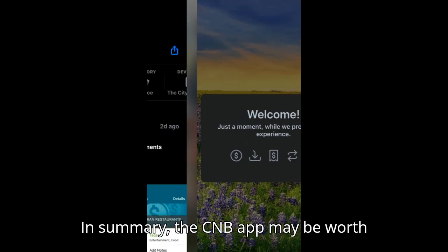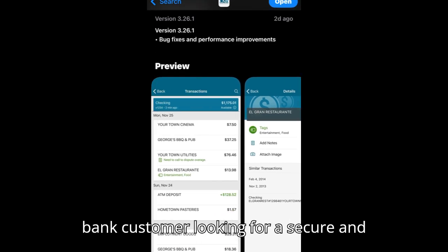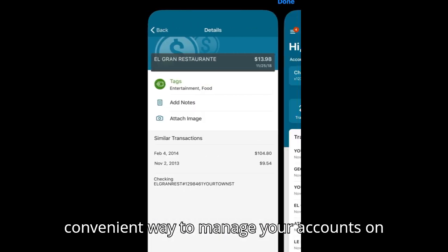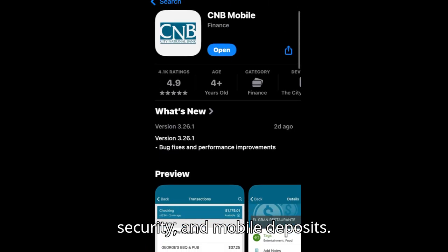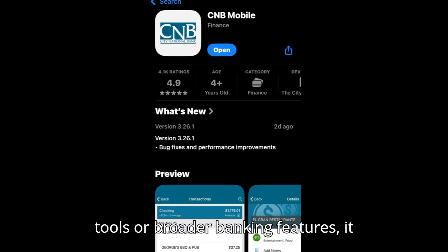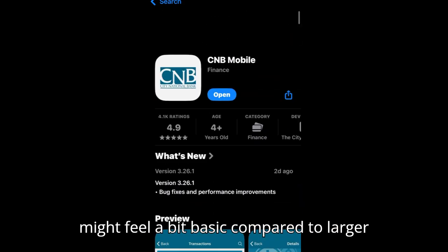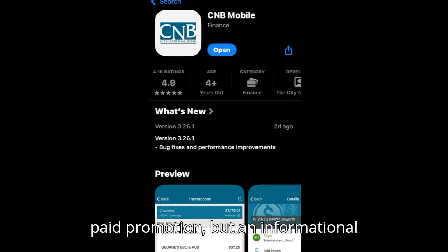In summary, the CNB app may be worth using if you're a commercial national bank customer looking for a secure and convenient way to manage your accounts on the go. It shines in simplicity, security, and mobile deposits. However, if you need advanced financial tools or broader banking features, it might feel a bit basic compared to larger competitors. This is not a commercial or paid promotion, but an